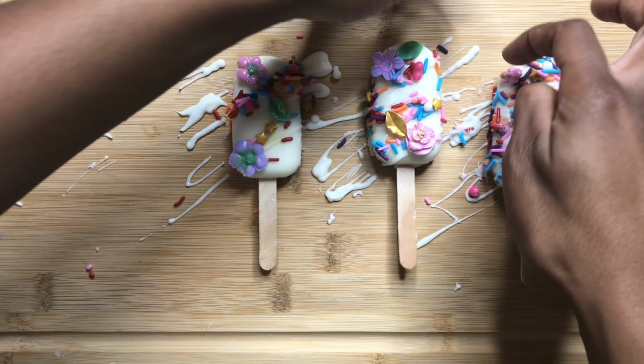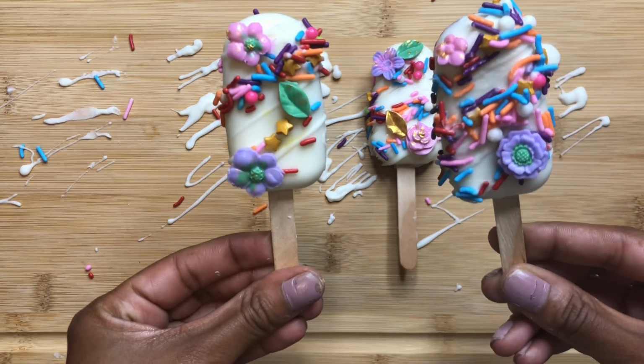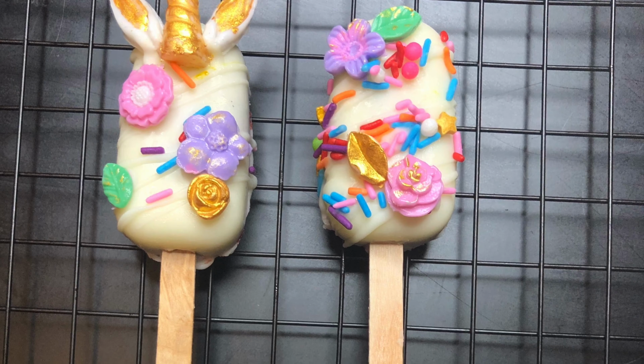I think these are really cute for a little girl's party or a little birthday, or